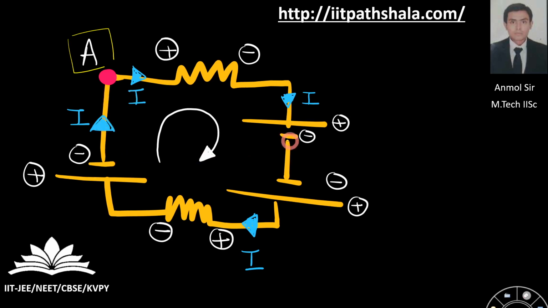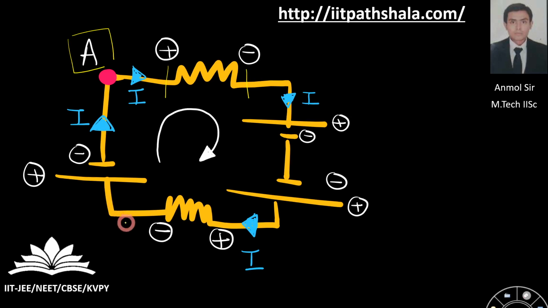For example, in this question it is given to me that current is traveling something like this, as shown in the blue color. So my current is traveling in this resistance as follow. So it is entering over here, so I have marked a positive. It is terminating over here, I have marked a negative. You can do the same for this resistance also.